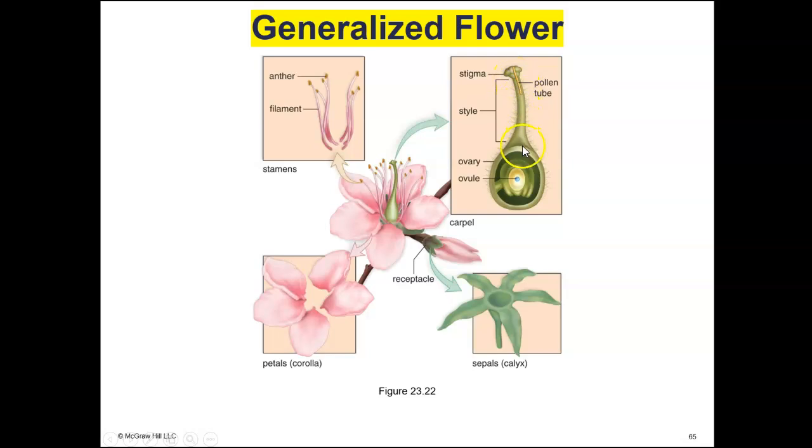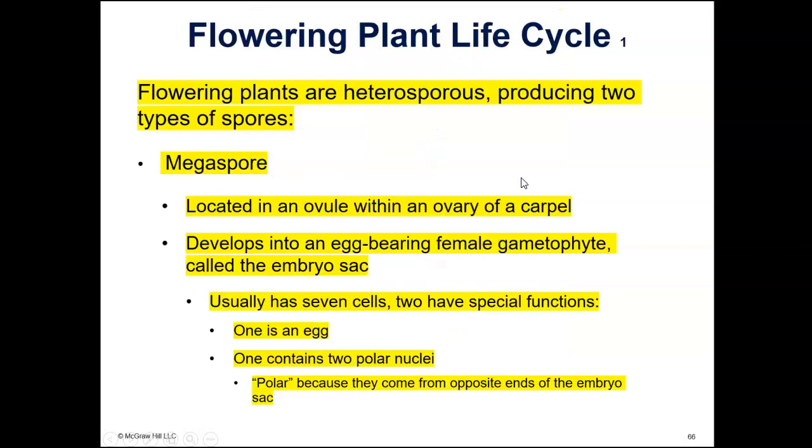Then you have the style, and then you have the ovary, and inside the ovule or egg. All right, life cycle of flowering plants. The flowering plants are heterosporous. That means they produce 2 types of spores, a megaspore, which is the female structure, and then a microspore, which is the male structure. So the megaspore is located in the ovule, and it develops into an egg-bearing female gametophyte